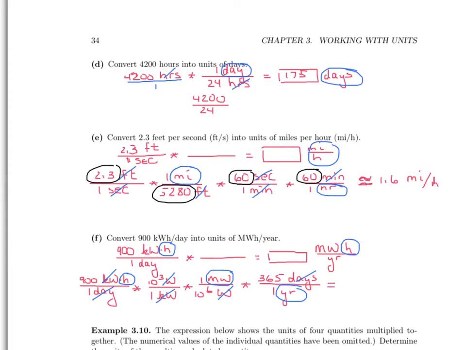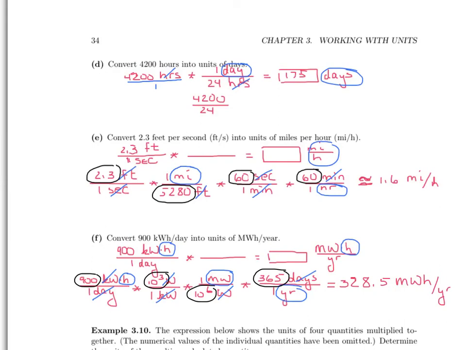We need to multiply these 4 quantities together, which means we need to multiply the 900, the 1000, and the 365, and then divide by the 10 to the 6. When this is finished, you arrive at 328.5 megawatt hours